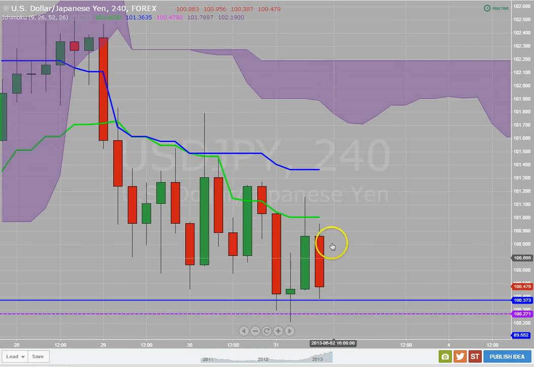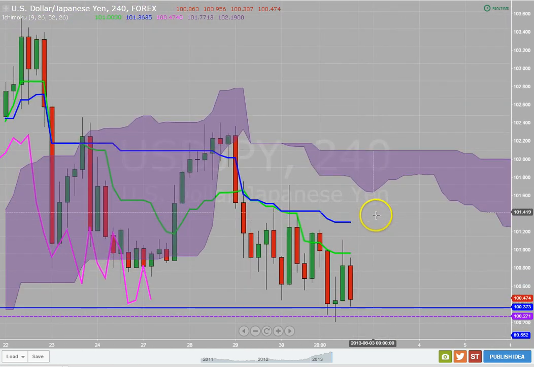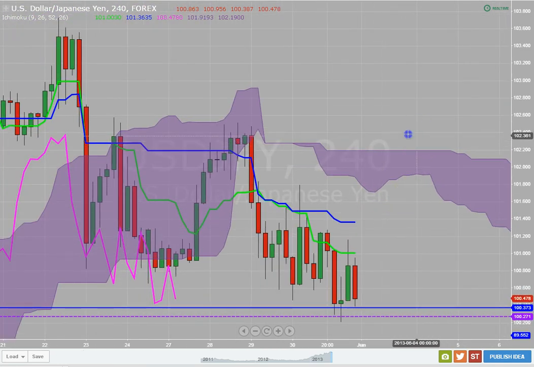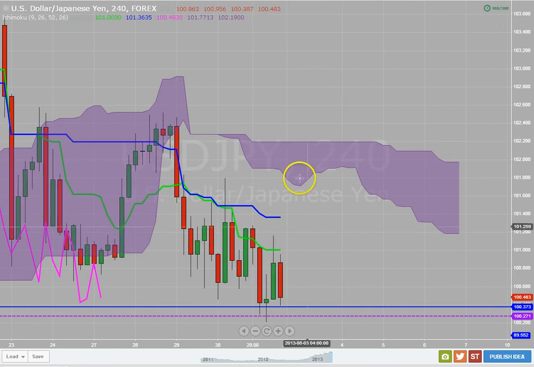Now we want to look for price to come back up, bounce maybe, and then maybe get down through this level. Now the only way we'll take this long is if we get above the cloud. Okay, so if we get above the cloud here, then we know two things: that we're moving on with the monthly time frame above this Kumo, the monthly Kumo, and then we're on the daily time frame. We're moving on with that too. We're above that Kijun-sen.